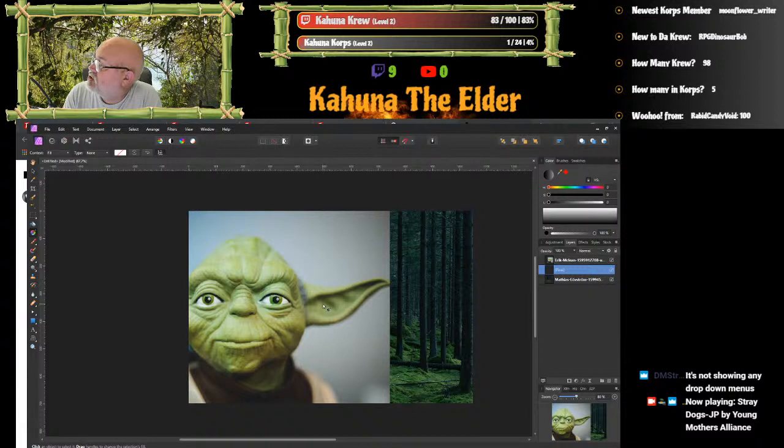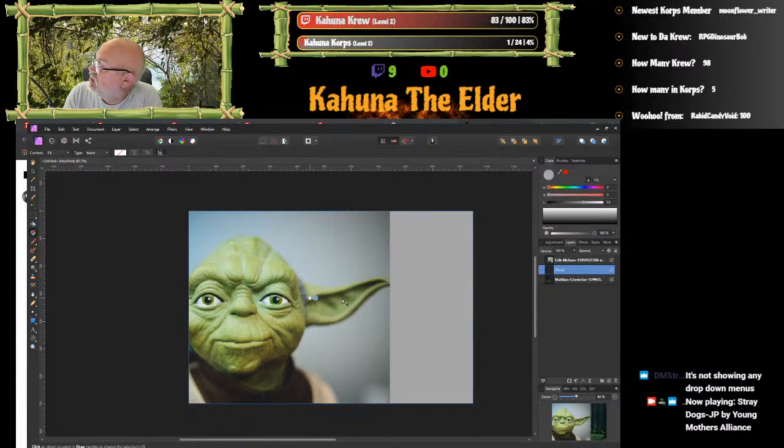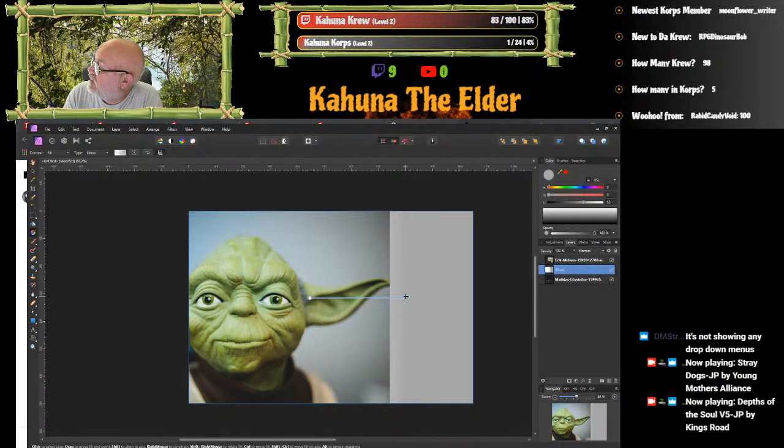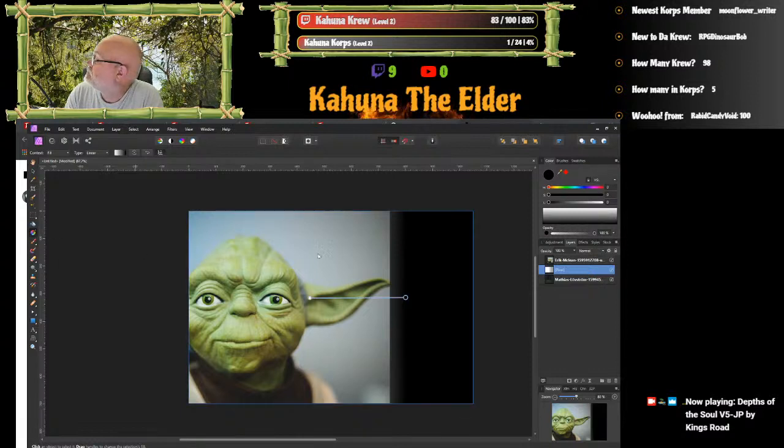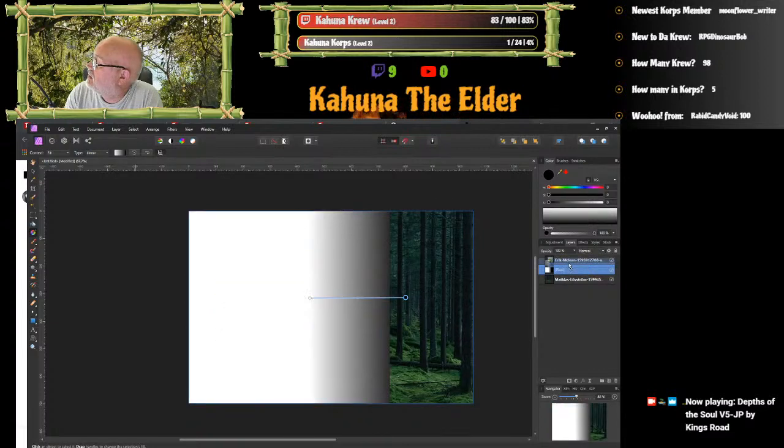So now what I'm going to do is a gradient. I'm going to start it right here about the side of Yoda's ear, and I'm going to run it across this way. And then I'm going to convert that. Now that I've put it in there, it gave me white as a base and gray as the other color. Well, I don't want gray, I want black. So I'm going to change that color to black. All right. And then I'm going to apply that mask to Yoda. In this case, what I do is I drag that mask layer underneath Yoda here.